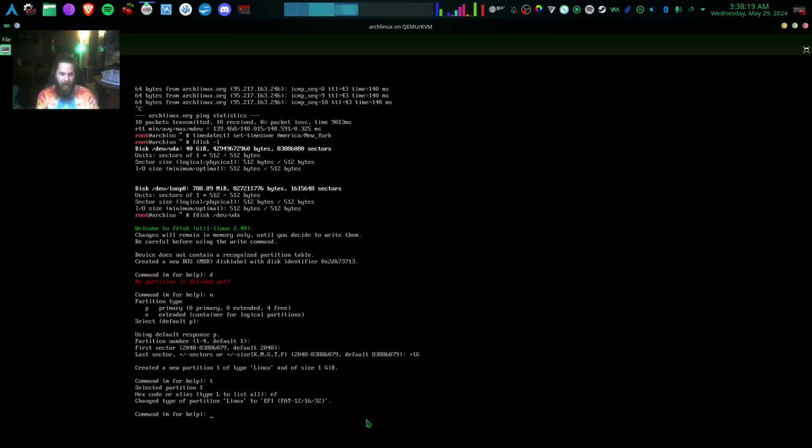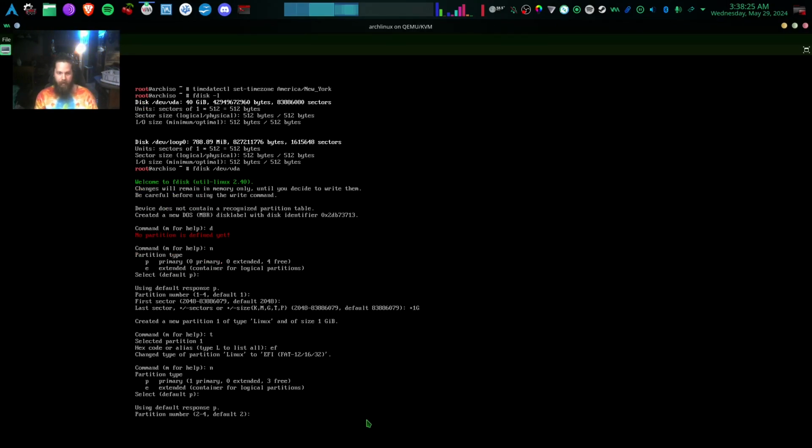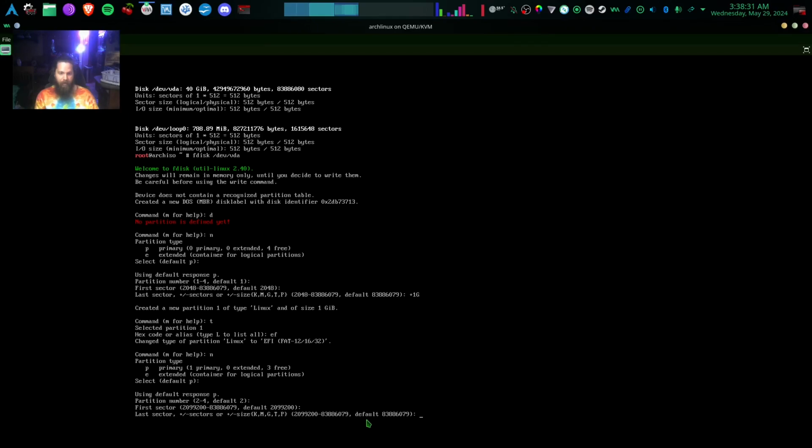So now we're going to go ahead and hit n again. We're going to create another primary partition. This is going to be partition number 2. We're going to go ahead and hit enter. First sector, hit enter again. Now last sector, we're going to do plus